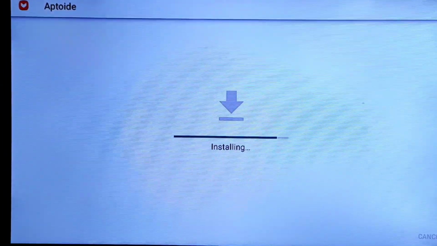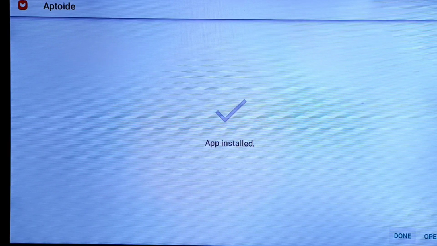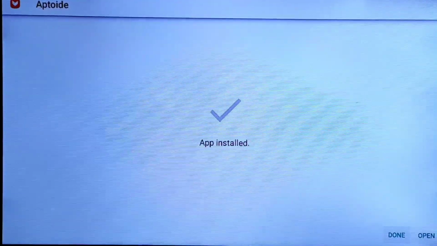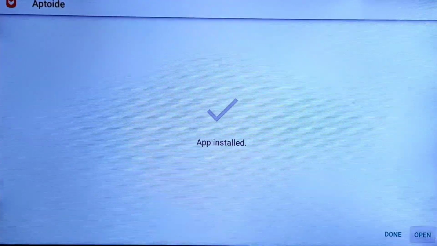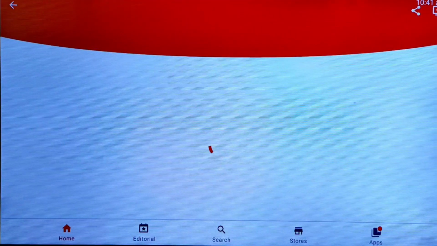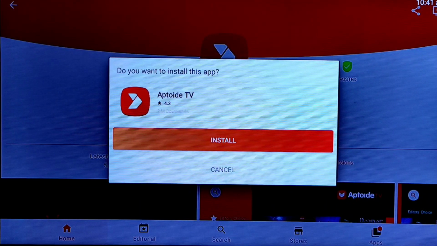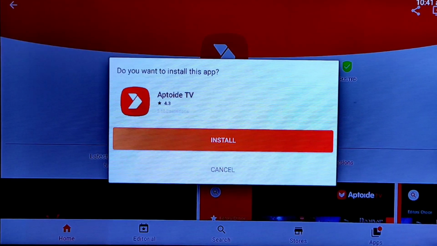Now your application is successfully installed on your TV. You can download any application from your Chrome browser to your mobile. After downloading the application on your mobile, you can send the application from your mobile directly to your TV wirelessly. Then click on open this application, and as you can see, this application is completely working on my TV. I downloaded this application from the Chrome browser on my mobile, then I sent this application from my mobile directly to the TV, and it is working completely fine on my TV.